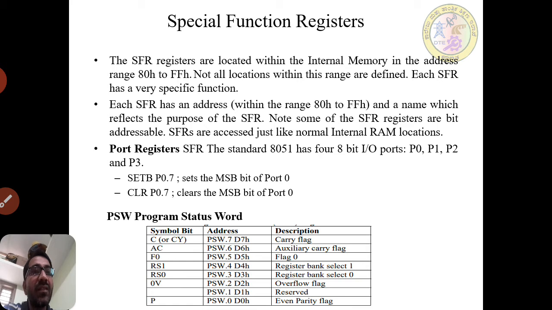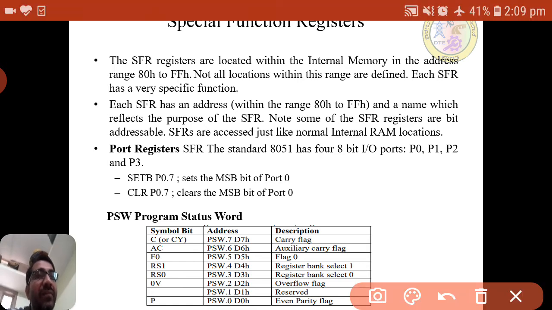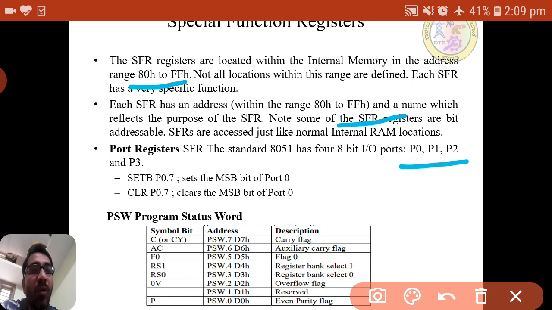Here is a small brief introduction about these special function registers. The area is 80H to FFH. In that, some of the special function registers are bit addressable and some are byte addressable. Suppose you take port 0, all four port registers are both bit addressable and byte addressable.